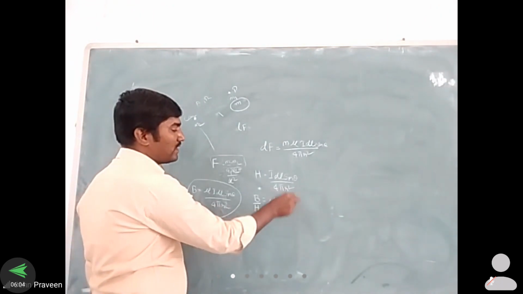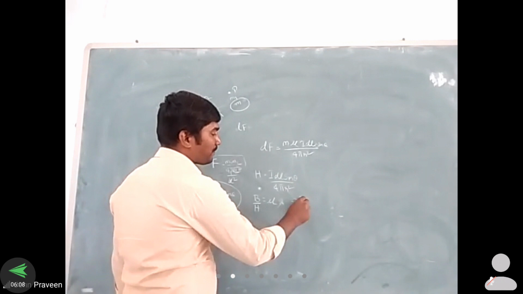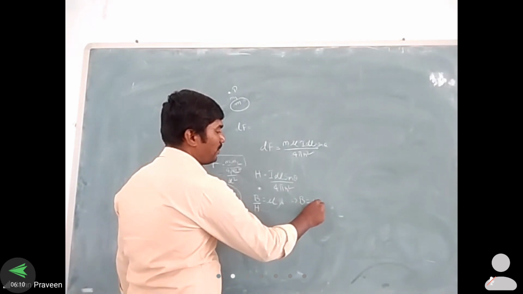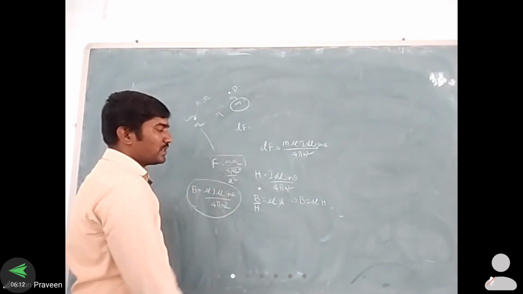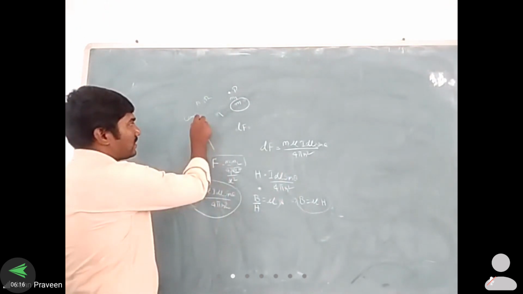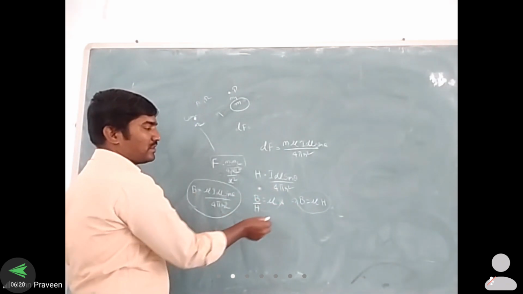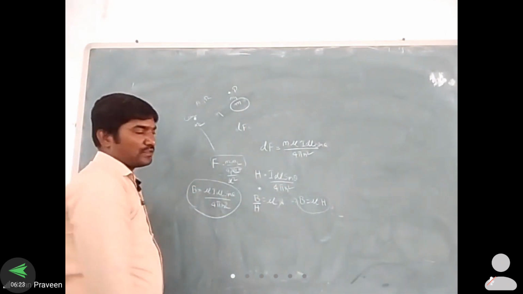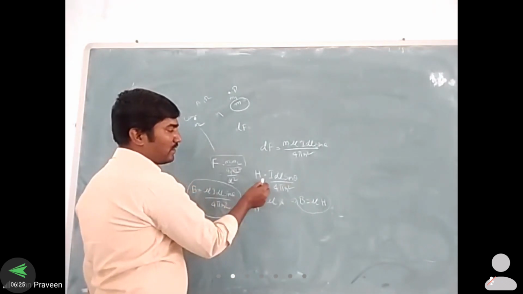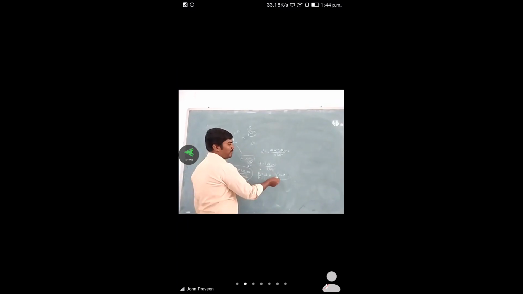H we are moving to the RHS side. So then we get the equation B is equal to mu into H. This is the actual field strength in the conductor. When the conductor is placed at this point, it experiences a force. So that is B is equal to mu H. Mu is constant. The H value we already know: I into dl sin theta by 4 pi r square.